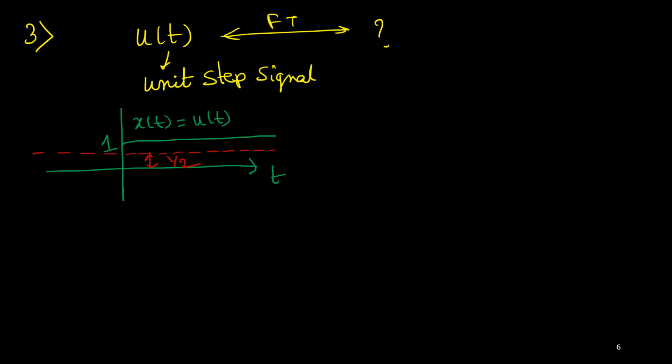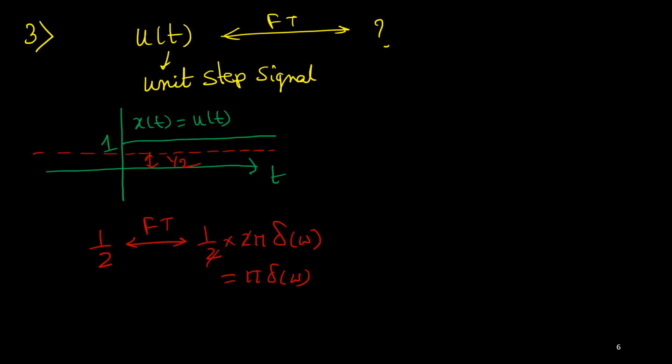So due to this half, as it is an DC signal, its Fourier transform will be half times 2 pi delta omega. That means this is pi delta omega. You will get one term, pi delta omega, in your Fourier transform of u(t). That would be there because this is the DC value. In the corresponding frequency domain, you should get an impulse at omega equal to 0 that indicates it has a DC value.